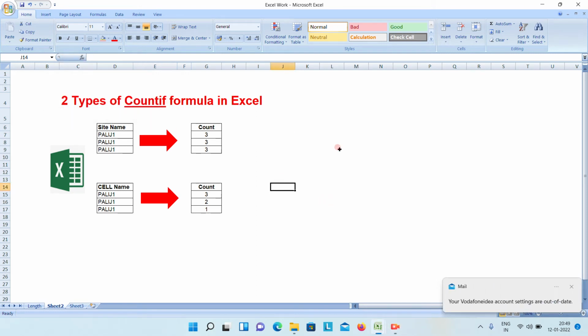In Excel we can use COUNTIF in two different ways. We can see in this picture that there is a site name, and we are putting this site name in 3 times. By using one way we can get the site count. Suppose there are 3 times, so 3 in front of